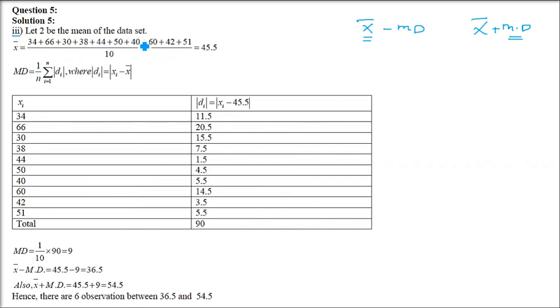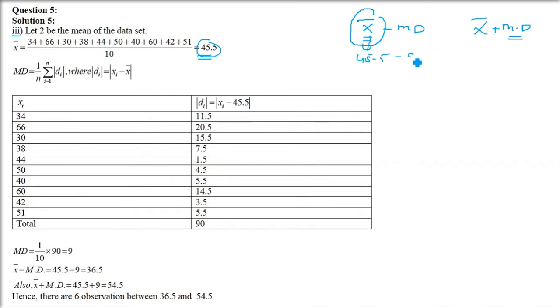First of all, you have to find the arithmetic mean. Add all of the elements and divide by the number of elements, and you will get the mean. But the mean deviation is already with us. For the third part of the first question, the mean deviation is already known, 8.7. The mean is 45.5 if you add all of them and divide by 10.